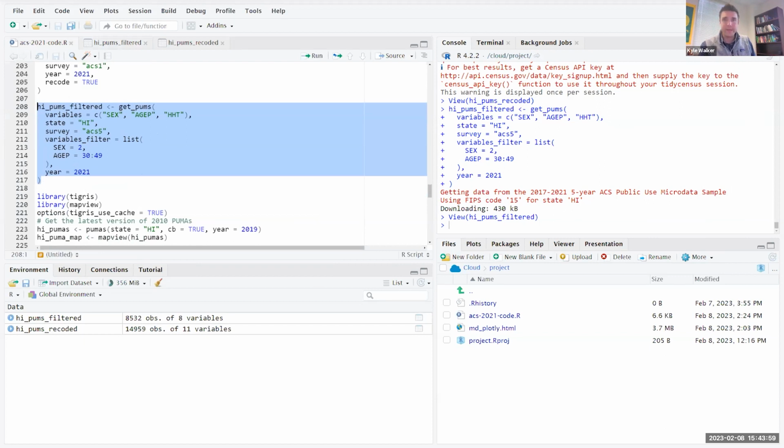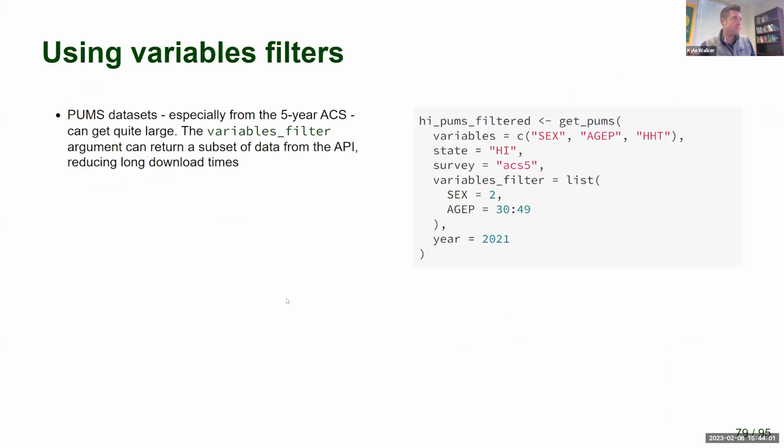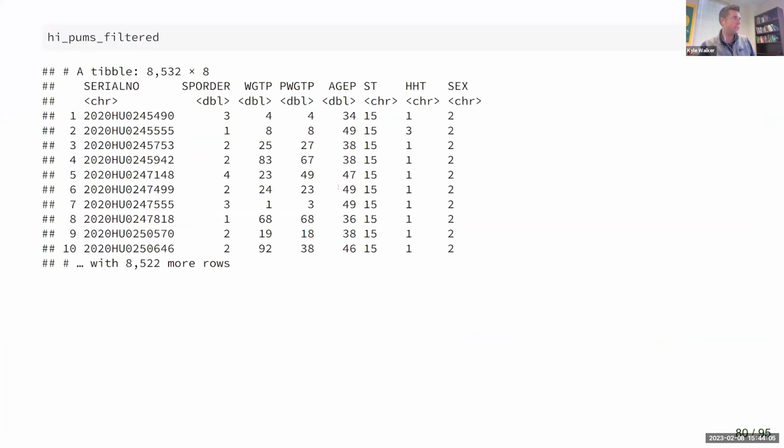Moving forward, you might ask yourself, and this is a really common question, okay, it's great to be able to do analysis at the state level, but I want to do county level analysis. I want to know about Honolulu, or can I do neighborhoods in Honolulu and figure out how many 9-year-olds or 39-year-olds live in this neighborhood in Honolulu? It's trickier because, again, when we're working